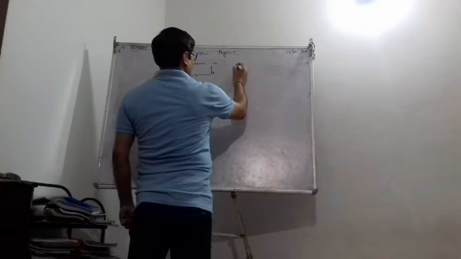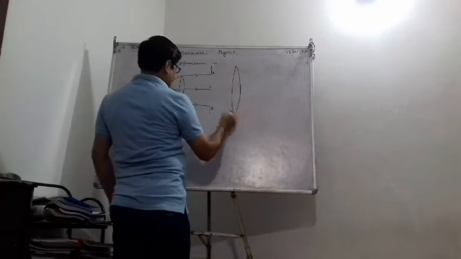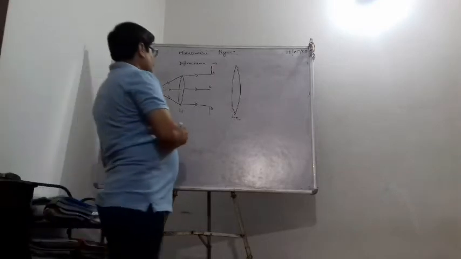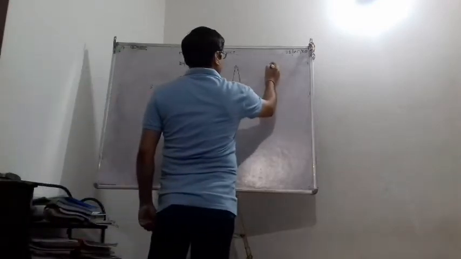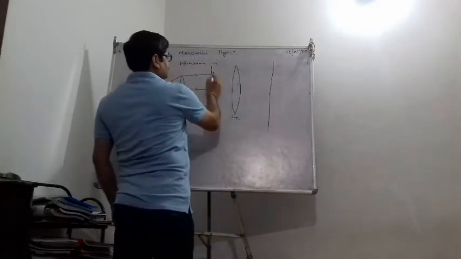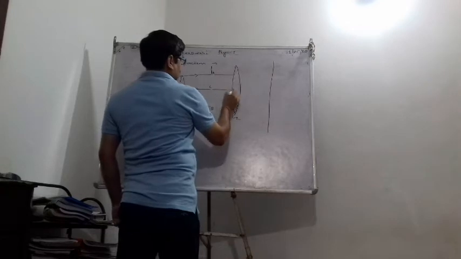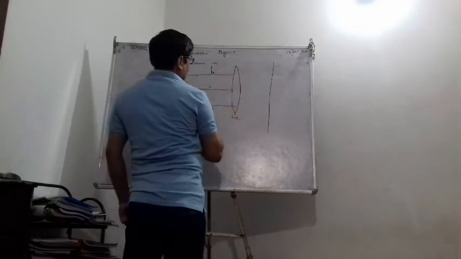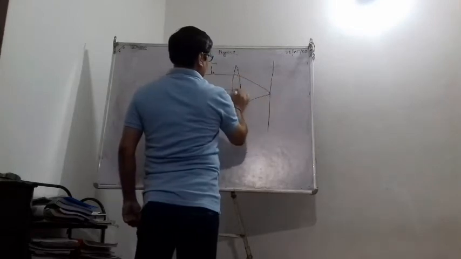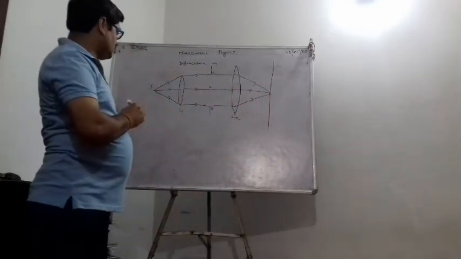Normally all of you know, if this is the second lens, convex lens L2, which converges the light on the screen,